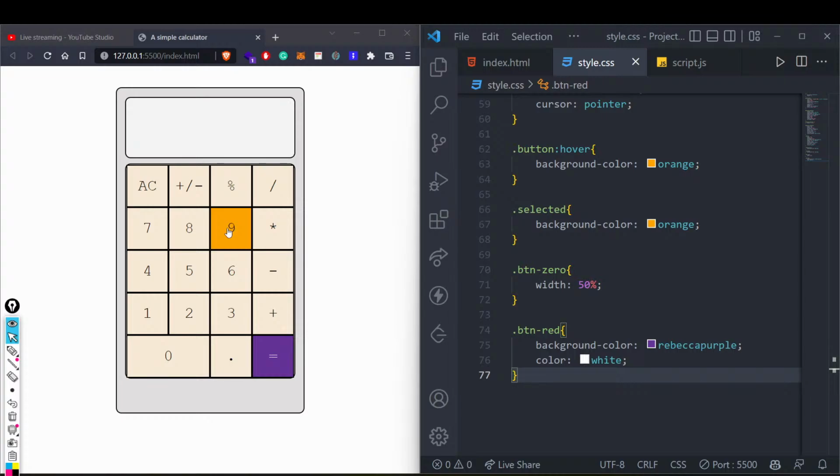Right. So this is just the plain HTML and CSS part. That is just for the designing part. If you have any other designs, please go ahead with that. There is no issue with that. Now comes the most logical part, that is how do we write that? Right. So this is a very fun part and this is a very simple part, right? So I think we can go to that.